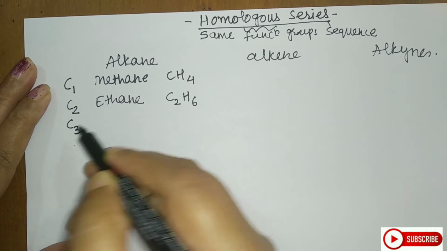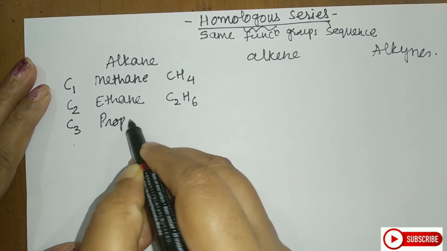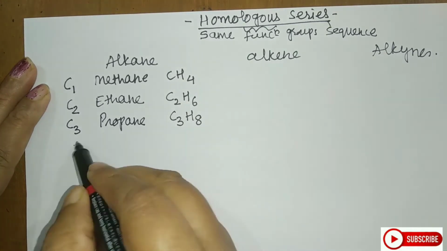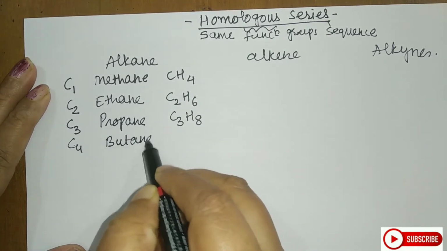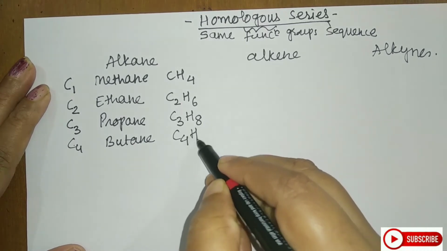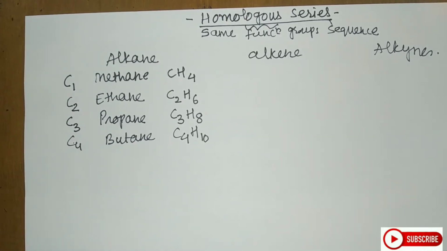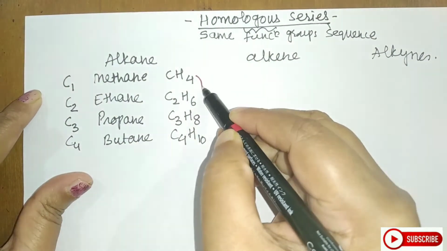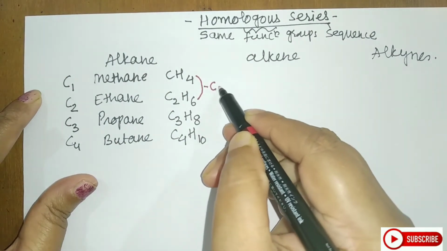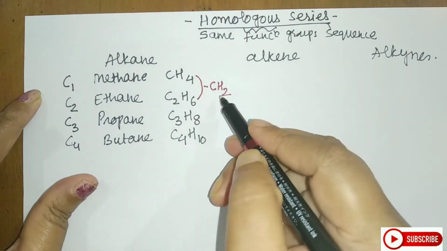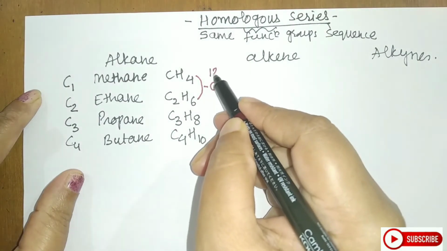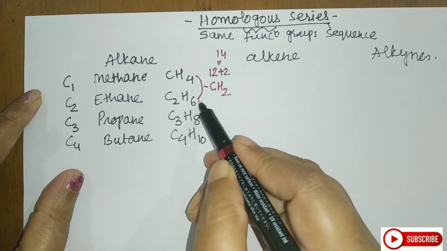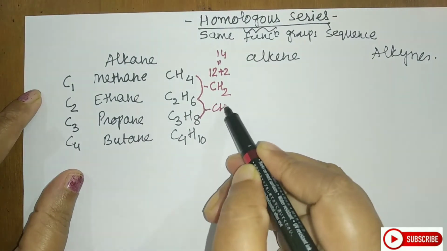Similarly, the C3 compound is propane, and the formula here is C3H8. The C4 compound, you call it butane. This is C4H10. Now students, if you see the difference between the first and its successive or adjacent homologue, what is the difference here? You will see the difference is of 1 carbon and 2 hydrogen atoms. If I try to find the mass, it will be 12 plus 2, so this comes out to 14 units. Similarly, when I move from this homologue to the next homologue, you will see that the difference is again of CH2,